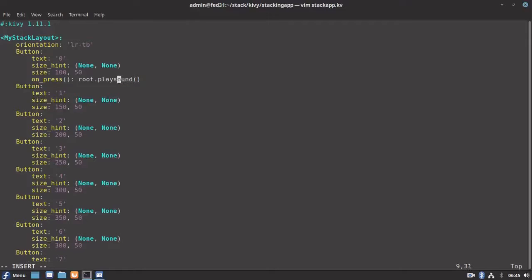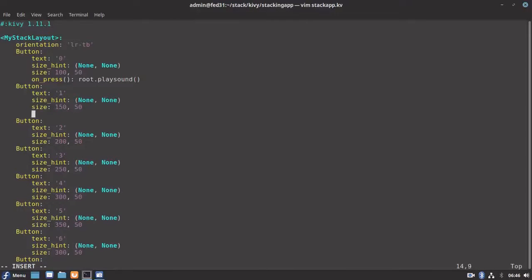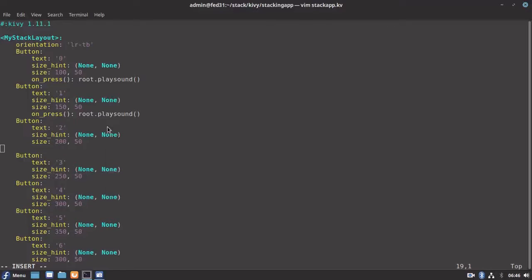We need to define this function in our Python file. For now, let me change it for all the buttons. This is the on press event, and when it happens, it should play some sound for that button. Let me do it for other buttons also. Define the callback function. I'll copy this one and paste it for other buttons.